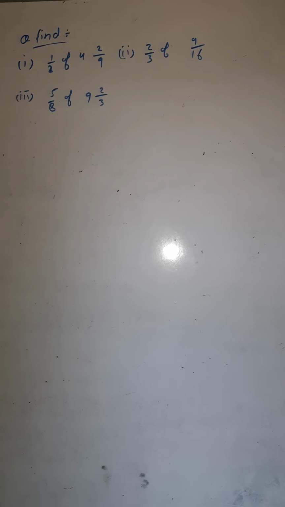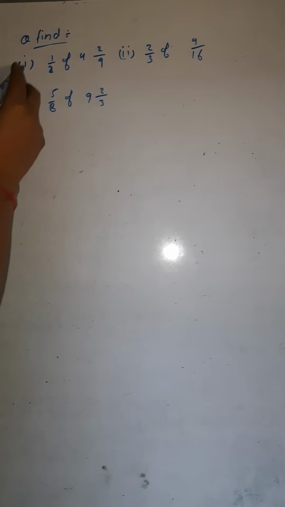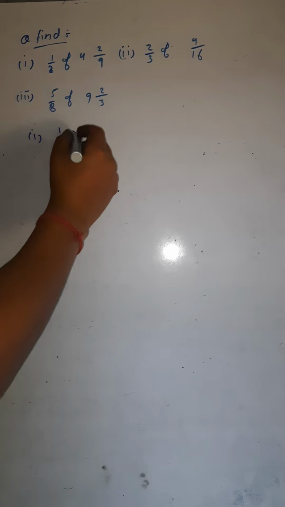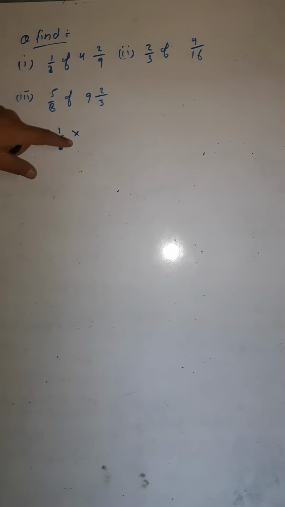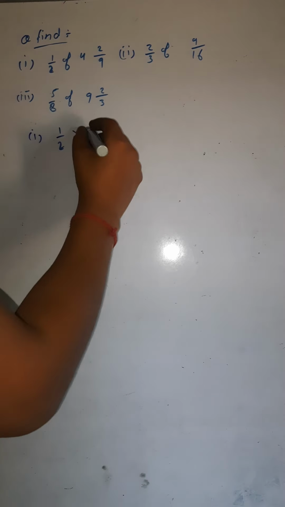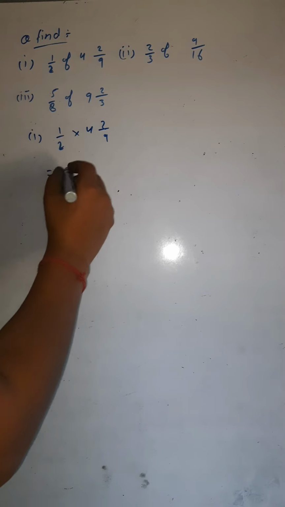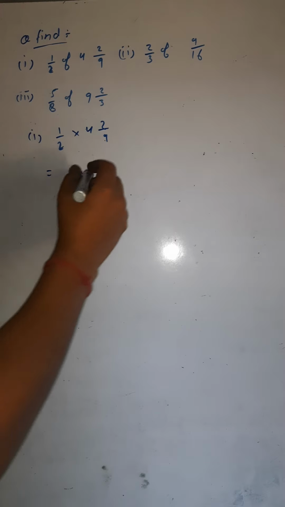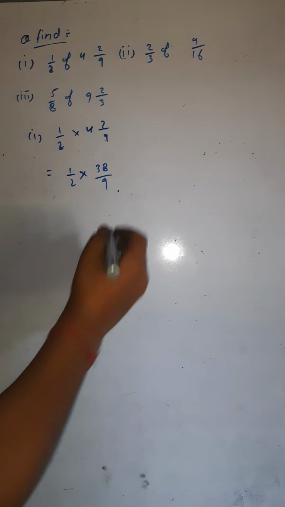Now you can see some more questions on the board here. Question number first is, find 1 by 2 of 4 whole 2 by 9. Only one question I am just going to tell, so the rest of the questions you would be doing on your own. Here 1 by 2 of means multiply. Remember this. 1 by 2 of means multiply 4 whole 2 by 9. Just again simplify it. 9 fours are 36, 36 plus 2 would be 38 by 9.